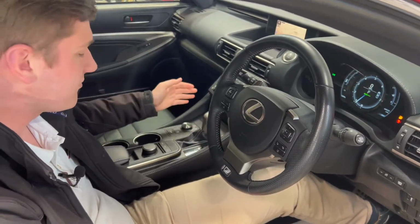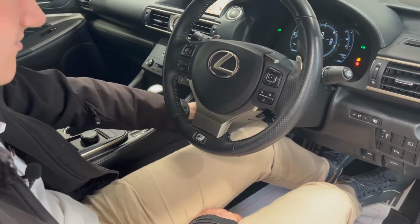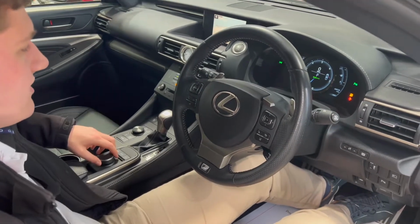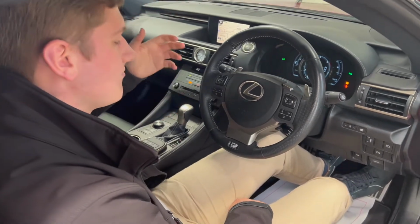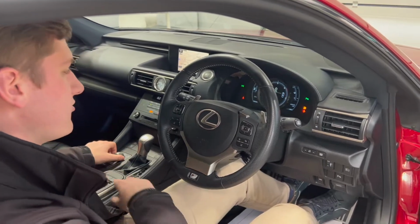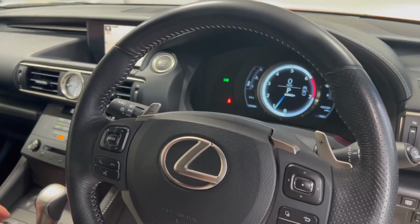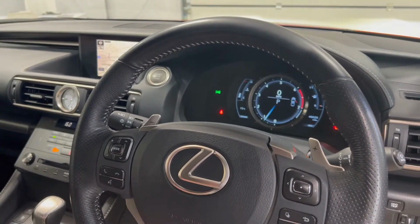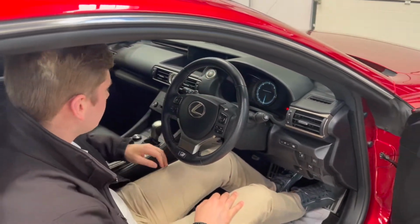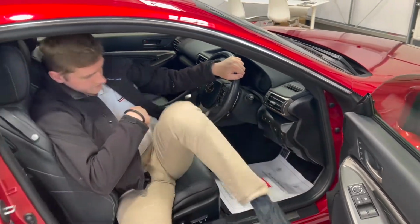Even the sides of this center console are all very smooth leather, so you can't bang your knees or anything like that. It's just very well thought out. And then the rotary dial here for controlling the sat nav and your center screen. It's obviously got Bluetooth, audio streaming, all of that sort of stuff on there as well. And you've got sport mode here, so if I flick that across, you'll see the dials change very slightly, and it's got a Sport Plus as well. And then if I put that back into normal, it just goes back to a standard black display. And then if I turn the car off now, the steering column will go away to make it easier for me to get in and out of the car. And then if I jump out of the car,